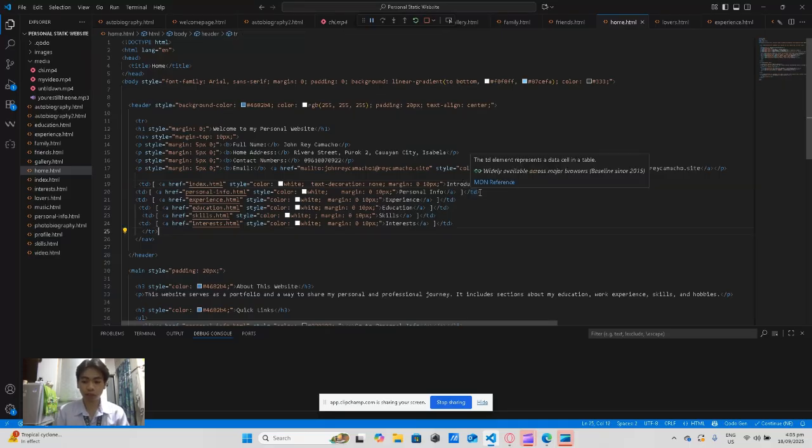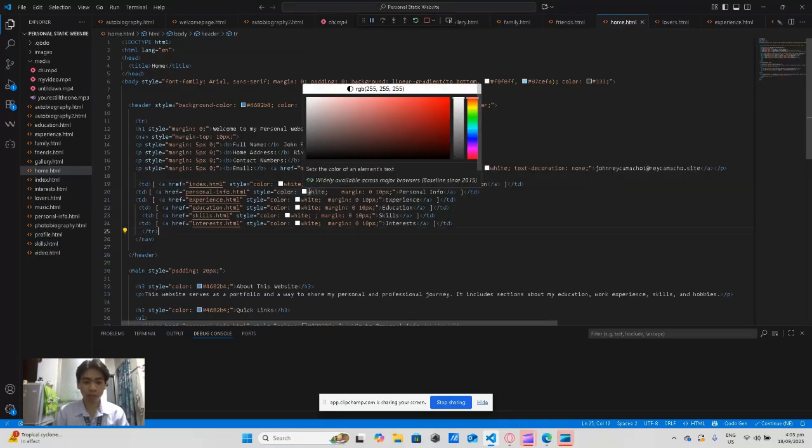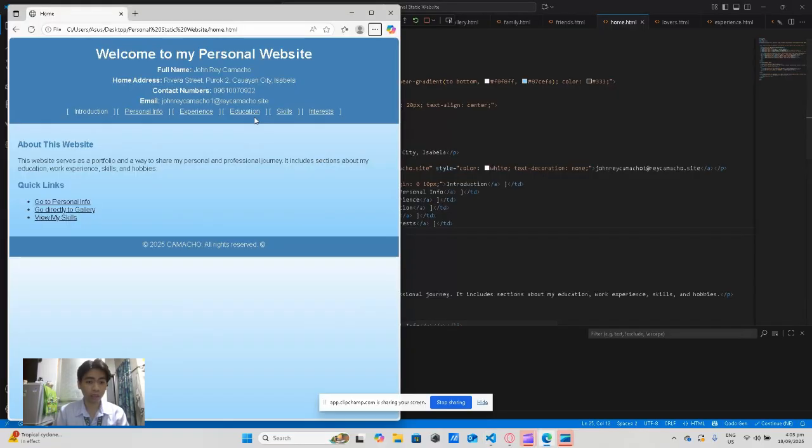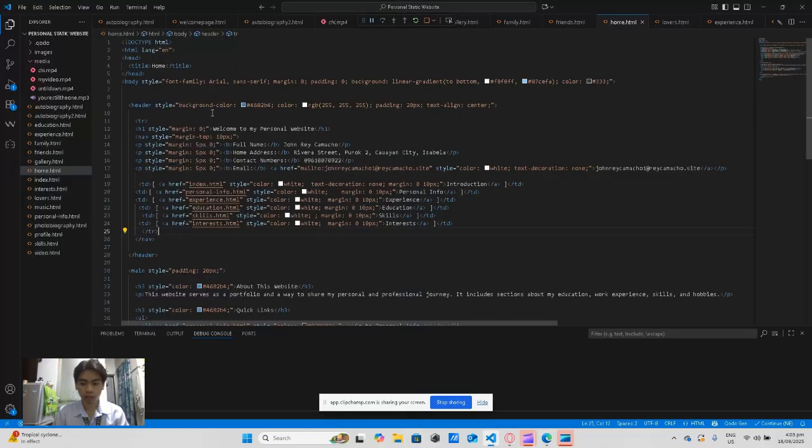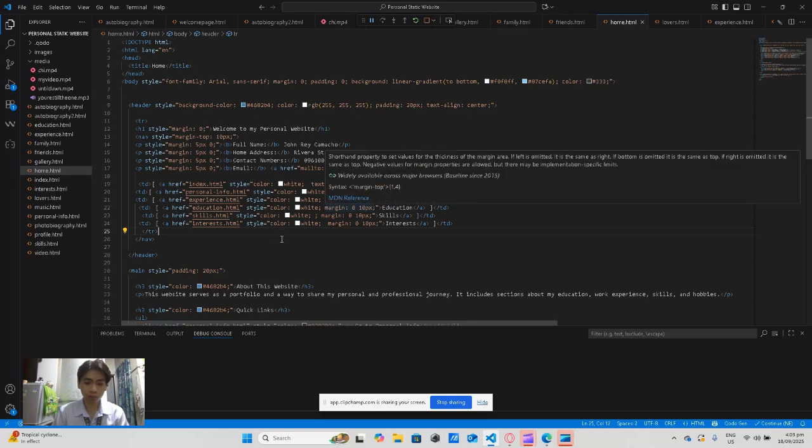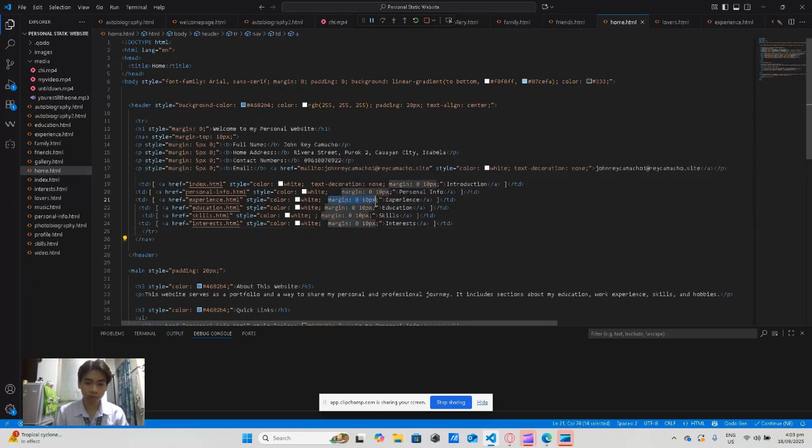For the navigation links, I made them white so that they're very visible. And as you can see, they're pretty visible because it's white. I also added horizontal spacing so that they don't stick close together, which is the margin 0 and 10px.